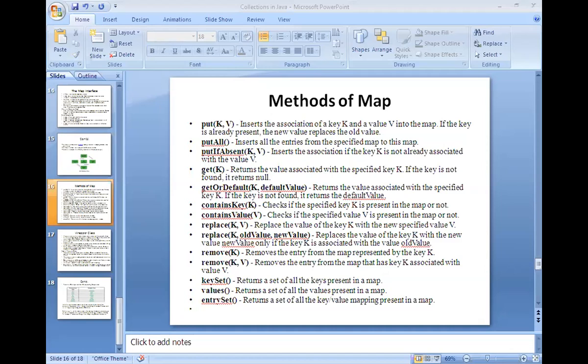So here is an example program which is meant for counting the distinct words in a given sentence, and it also displays the number of occurrences of each word in a given sentence. Okay, so this is the program meant for it. First you look at the output, then you can understand.